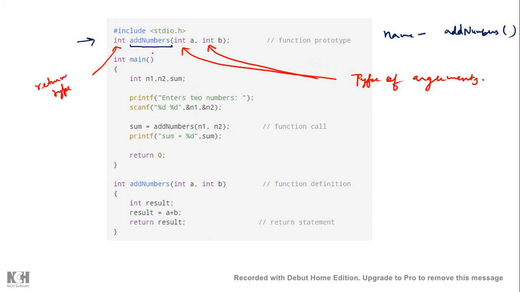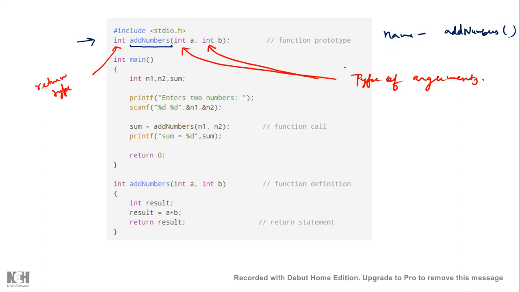So just by writing this simple one line in our program before the main function, the function prototype, we are telling our compiler that there will be one function with the name add numbers which will return some integer type value, and it will take two arguments of integer type. That's it. We haven't written anything for the body part or the definitions inside the function, how this function will perform, but only the information regarding the name, the return type, and what type of arguments it will take.